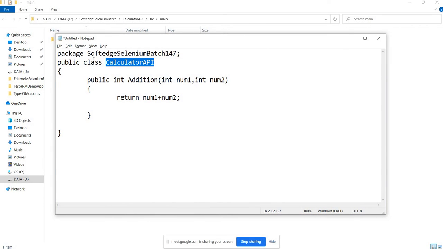We are planning to release multiple versions of this API, 1.0, 2.0, and with every new version we are going to add new functionalities into it, and then we are going to understand how we can automate this release cycle for 1.0, 2.0 with the help of Maven. That is what we are going to do.